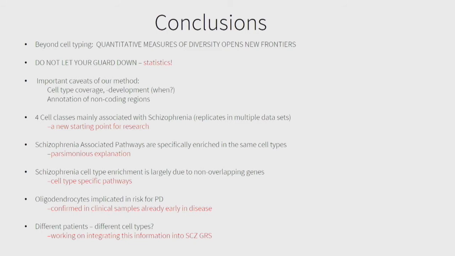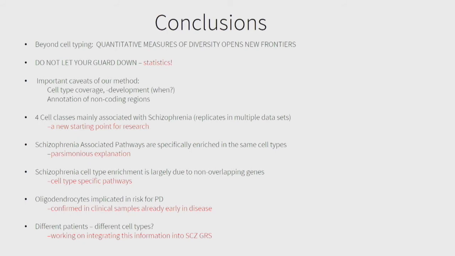And then, to try to be transparent, there are some really important caveats to the method that I just presented to you. One of them is, of course, the cell type coverage. We have shown you data from mice that are adult or late adolescence maybe, but of course, many of these disorders could be neurodevelopmental disorders. So we're lacking data on developmental stages. It could be that the most important genes are expressed by different cell types during development.